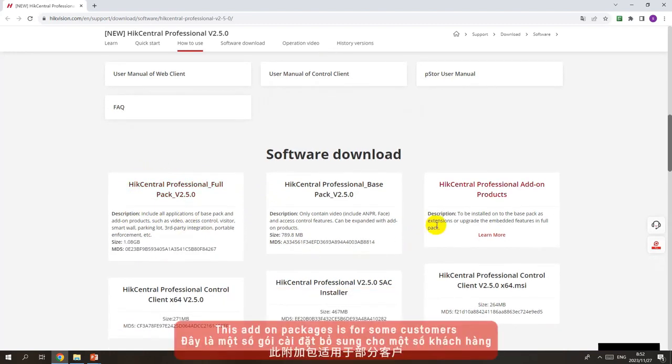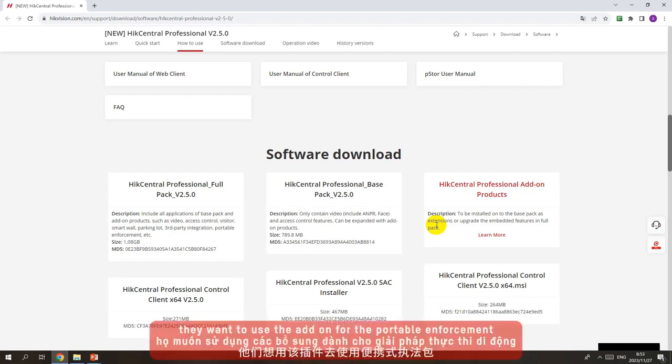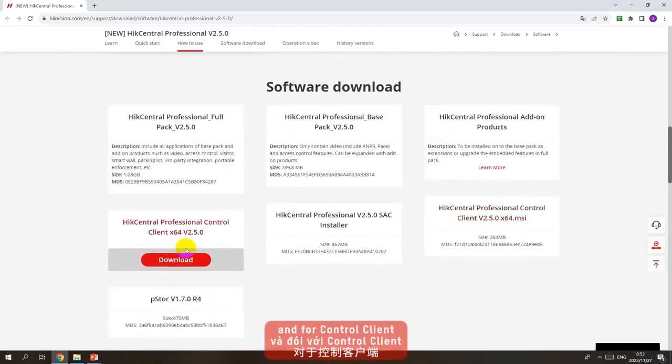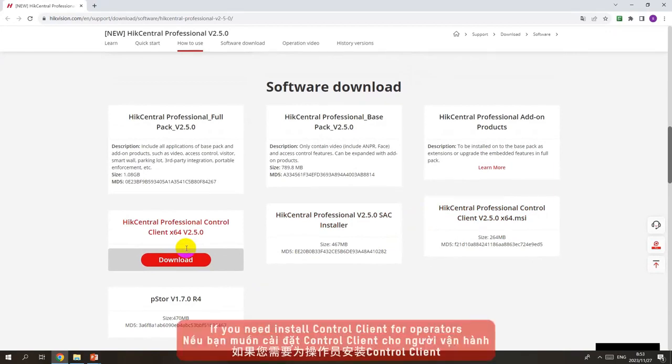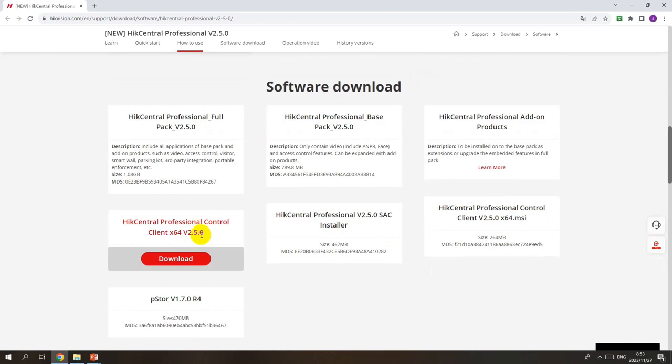This add-on package is for customers who install the base pack and want to use the add-on for the portable enforcement package or the third-party integration package. They can use this add-on product. And for the control client, if you need to install the control client for operators, you can use this installation package. And this is for the